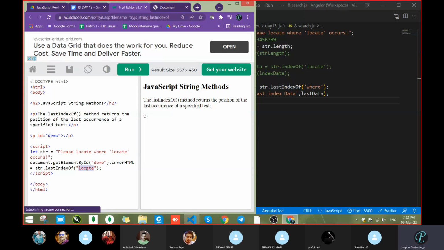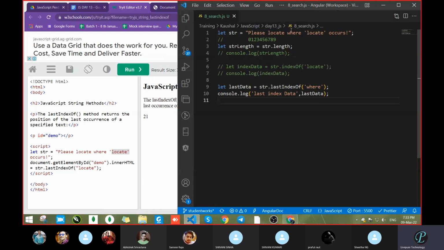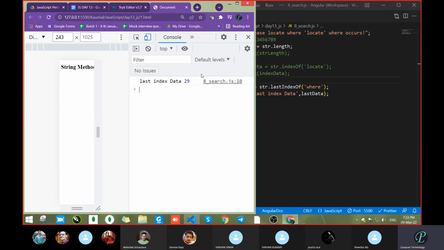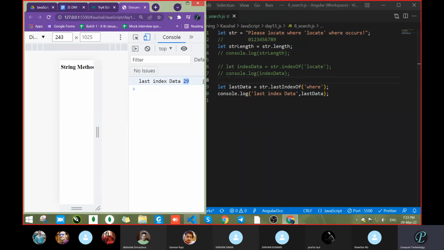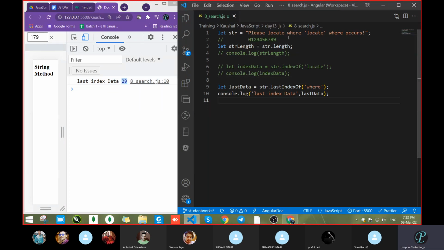Okay, got it. What they're doing: lastIndexOf, see, the locate value appears 2 times. It will search and give the second one. For the second position, it will. And now we have WHERE only one time. Let's copy this where and pass it one more time. Now it will give you the last index value, meaning the second value. See, 29. Previously we were getting 14 only. So in this case, it is going to compare the whole word.